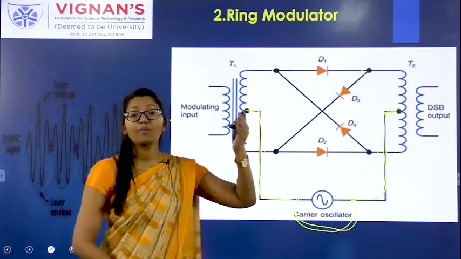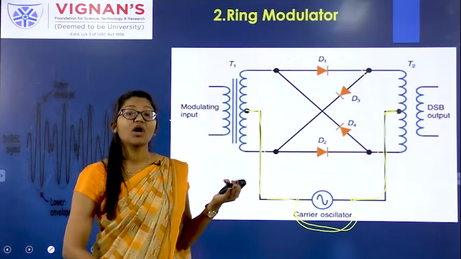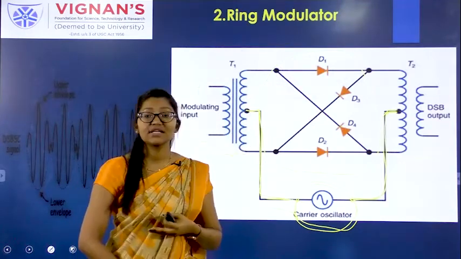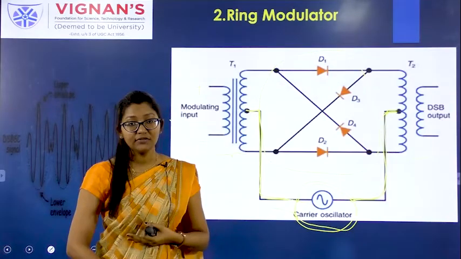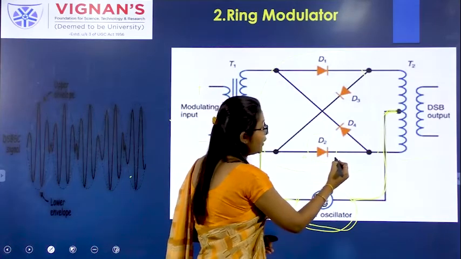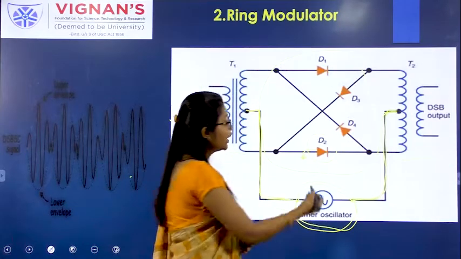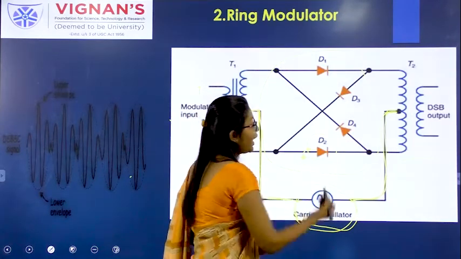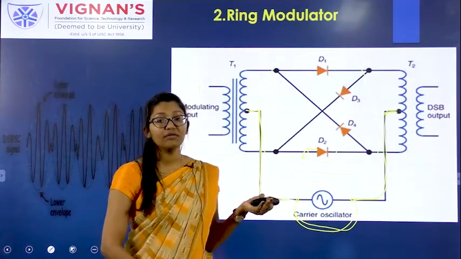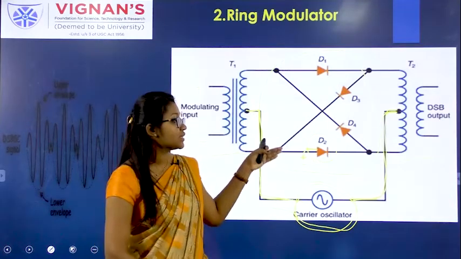Whether you are getting a positive voltage, then the diode will act as forward bias. Whether you are getting a negative voltage, then based upon this diode structure, it will act as reverse bias, right? If you are getting a positive side here, it will be forward bias. If you are giving a negative signal, it will act as a reverse bias. When forward bias, it will be short circuited; when it is reverse bias, it will be open circuited and no current will flow in the reverse bias circuit.